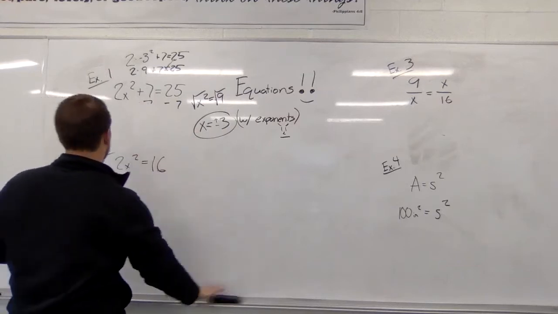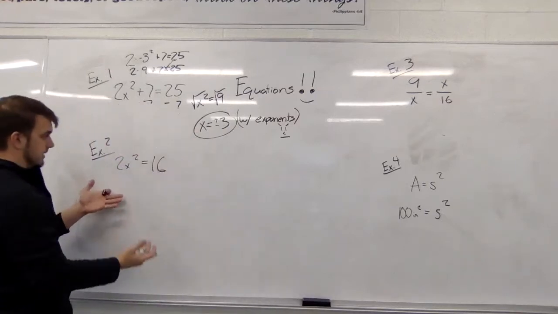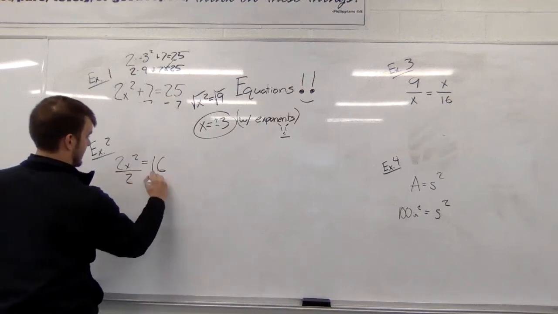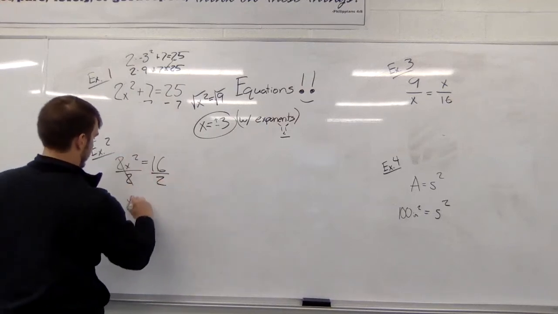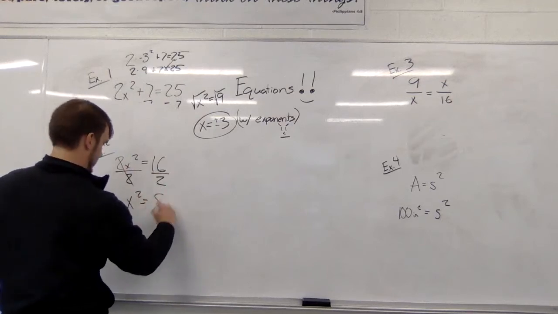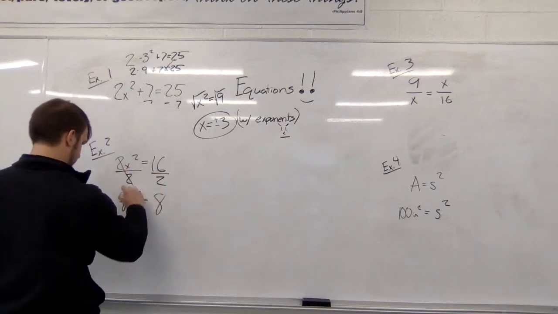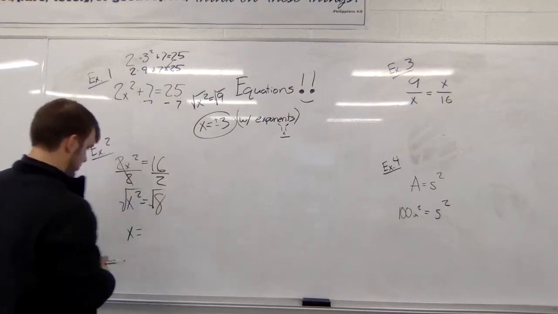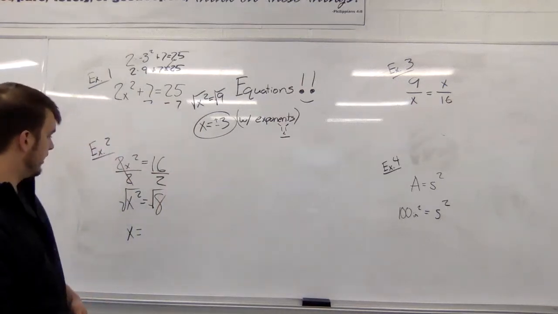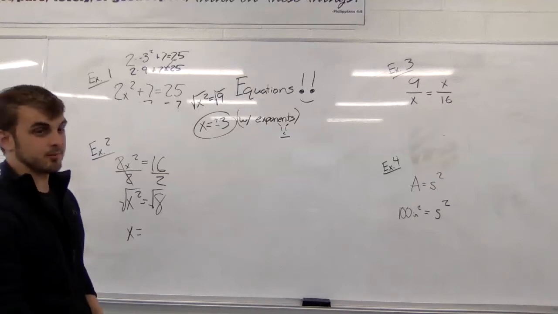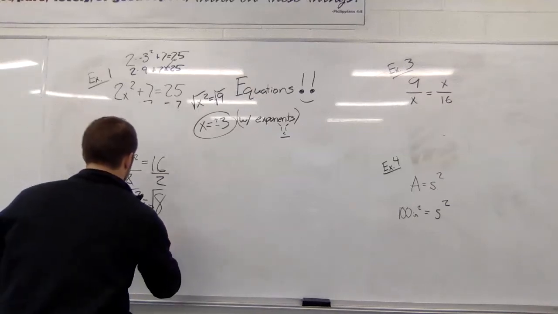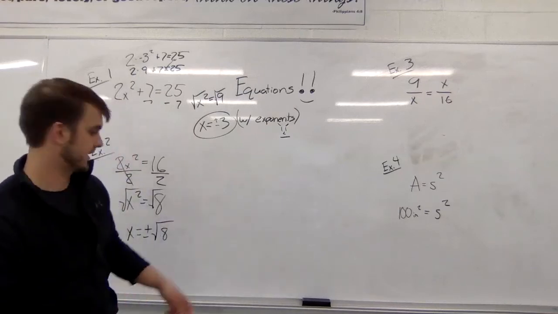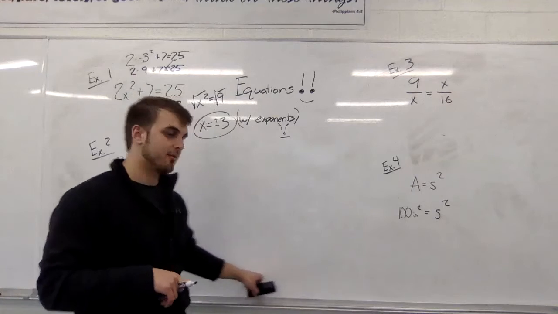So second thing is same setup here. Got to get x by itself, divide both sides by 2. You have x squared is equal to 8. Go ahead and get your radical sign out. X is what? Well, some of you might just be like, well, I'm just going to put plus or minus square root of 8. That's not going to work because you know better than that,